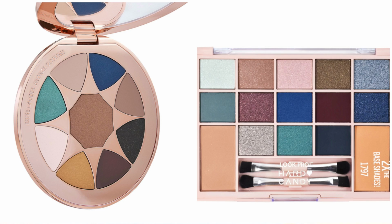So I think I found one that's almost identical, and it's from Hard Candy. This one just launched very recently. It's their Santorini Nights palette. It's $10. You can find these at Walmart, and this palette has all the shades in the Bronze Goddess palette and then some. Now, I don't know how Hard Candy's formula compares to Estee Lauder,